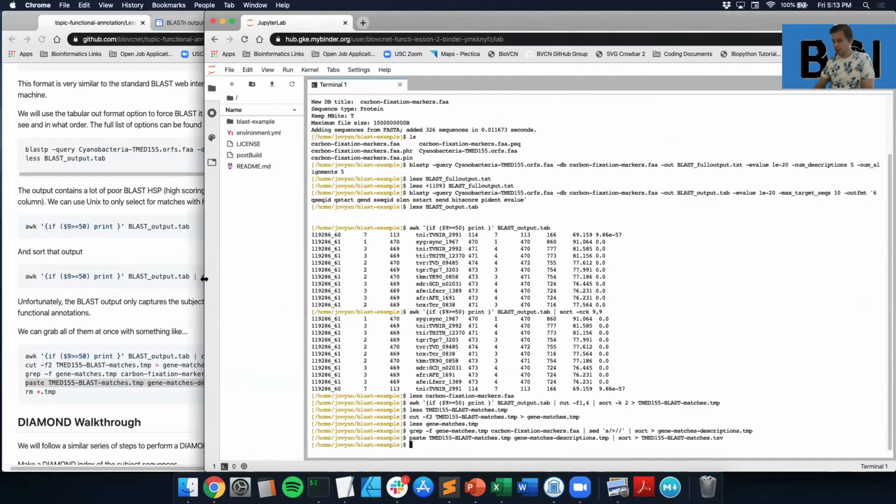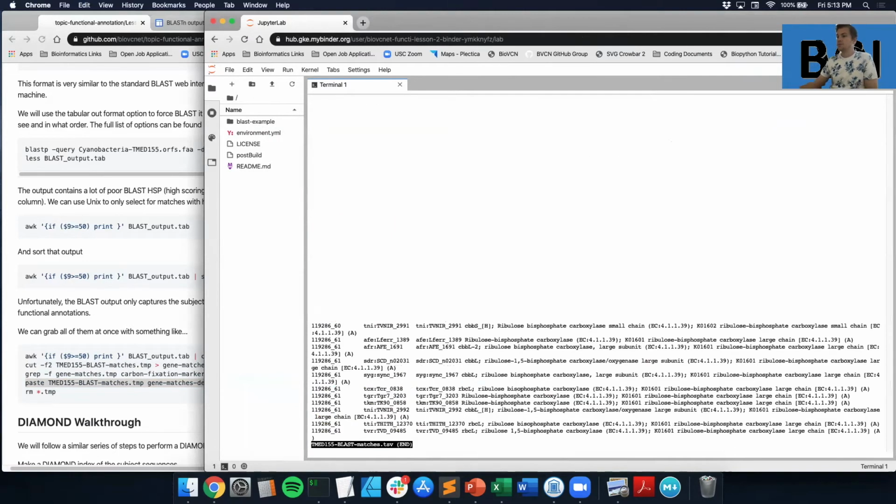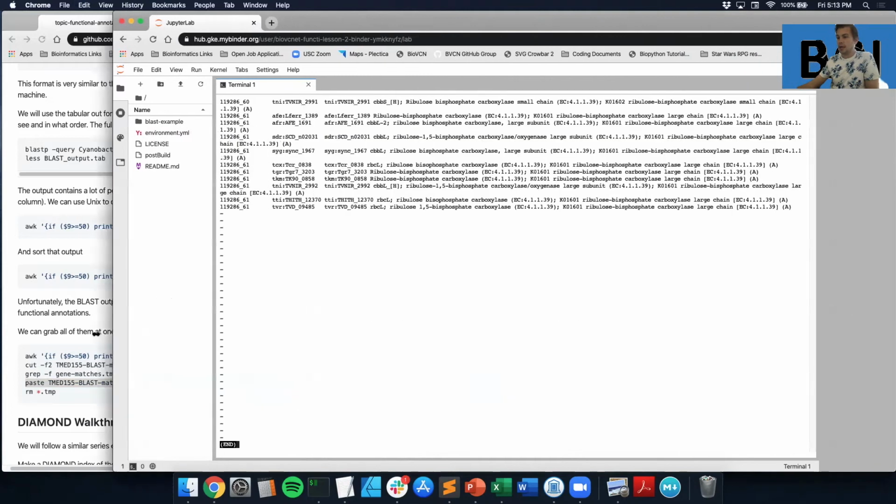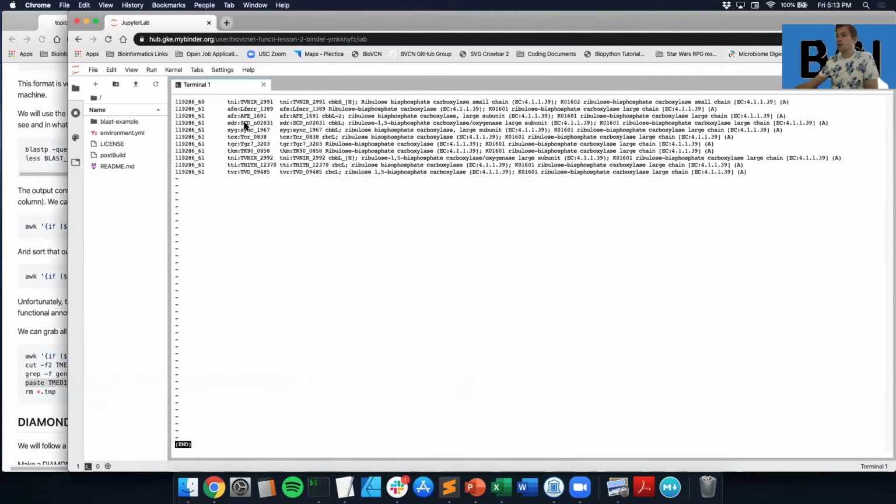I'm gonna make it very big because I know how big this is. TMed blast TSV. And so here, what we're looking at is an ordered, somewhat ordered for us output. So it's ordered on our protein numbers that we're looking at. And then the identifier that we're matching to, which is duplicated because of the two tables that we were working with. And then some annotation that was linked to the subject that we were